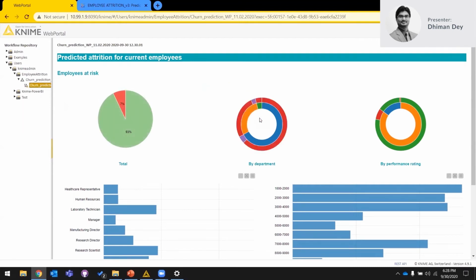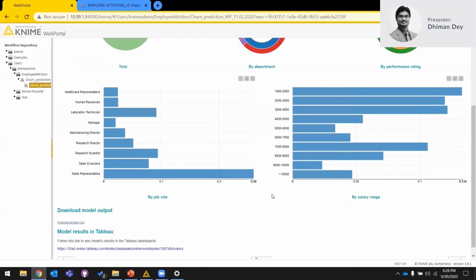By department, the maximum is from sales representatives. And by performance rating, solid performers are the highest again. So that's an area of concern again. This is in tandem with what we have seen with your historical data set as well.